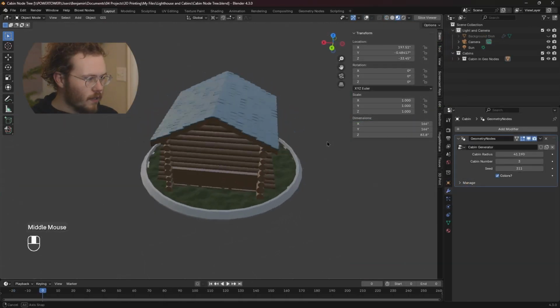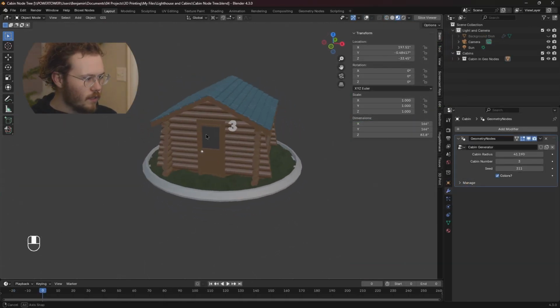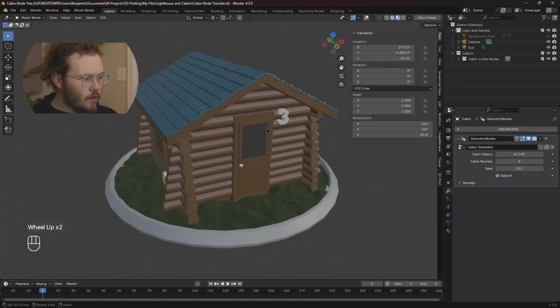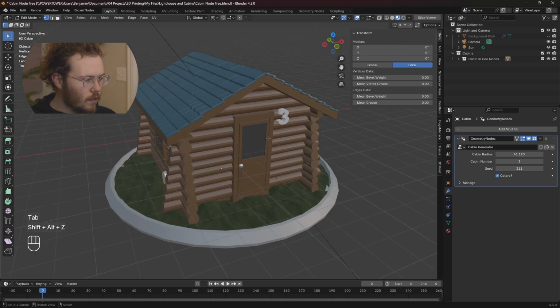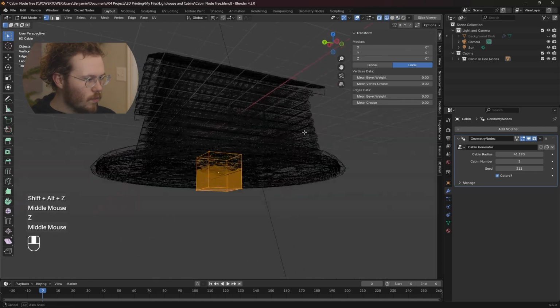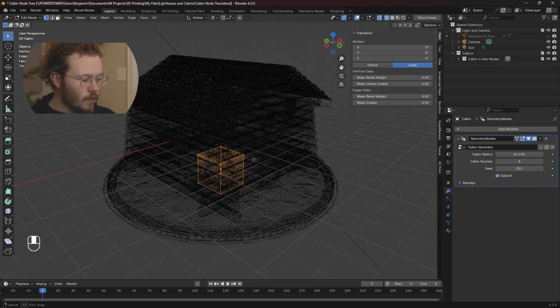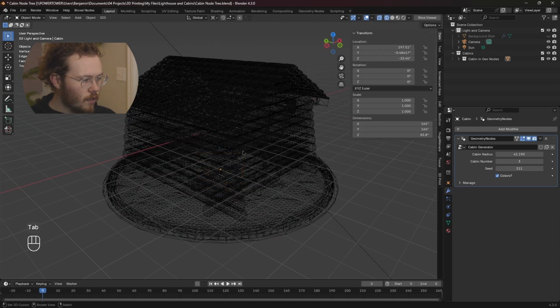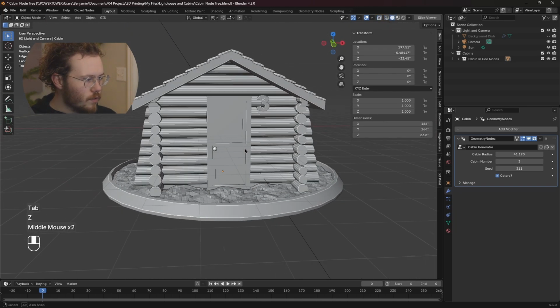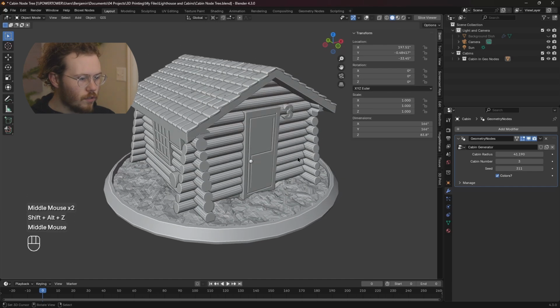Here we go, we've got the cabin all nice and pretty, and you can see the only actual geometry in the model is this cube. So we're not actually using that. We are using exclusively this one geometry nodes modifier right here. And so we can see